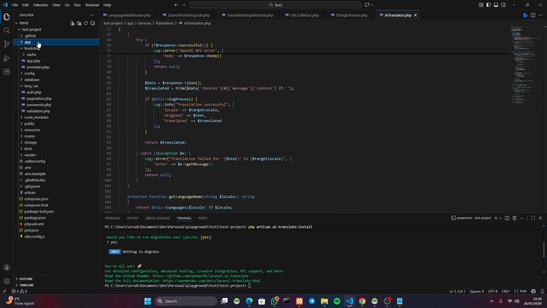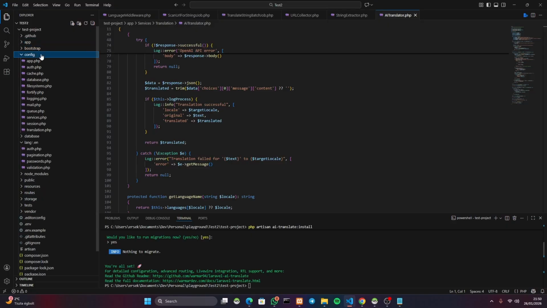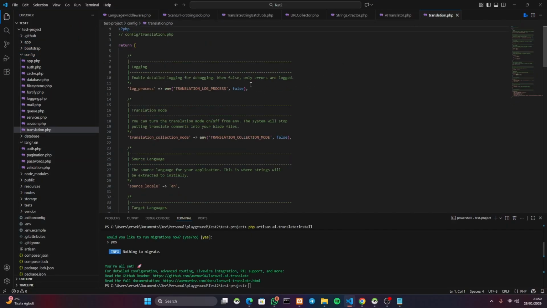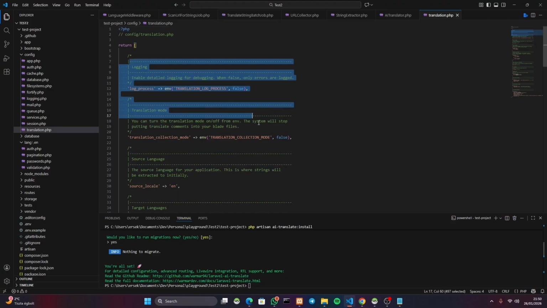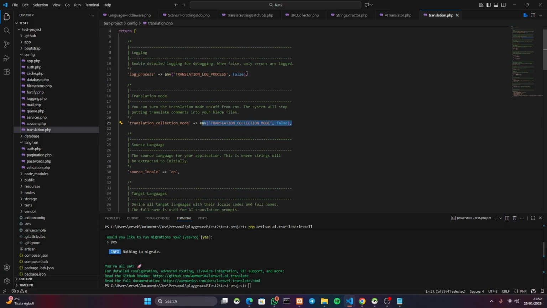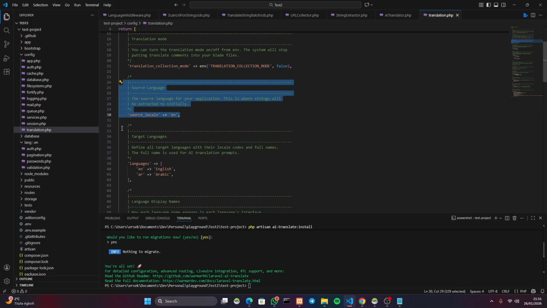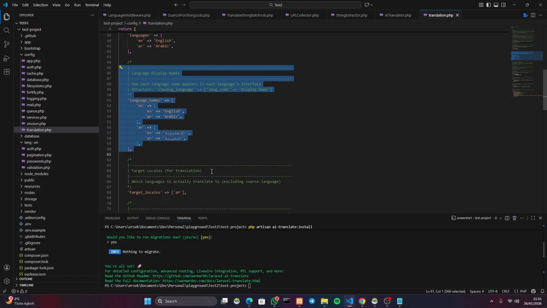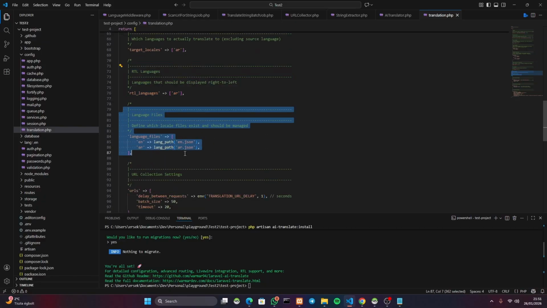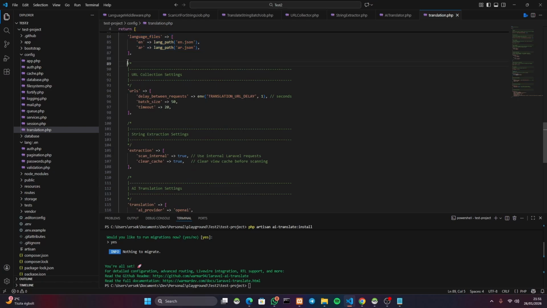We can close the app folder, no more here, and we can go to config. There is the translation.php right here, which contains all the necessary stuff, such as the translation mode, which just exposes environment .env variables. So the source language, the target language, the language display names, and so on and so forth, like RTL language files where they can be found, URL collection setup, so the batch size and the timeout, string